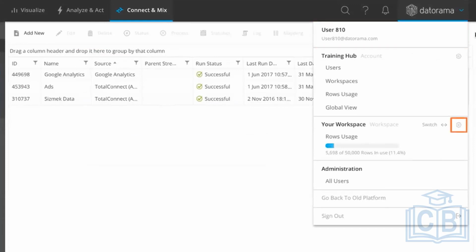Workspaces will allow you to, if you're working on multiple projects, switch your workspace from the tab that you see in your user settings, and you can switch to the different workspaces that you have access to, right? So that's all about